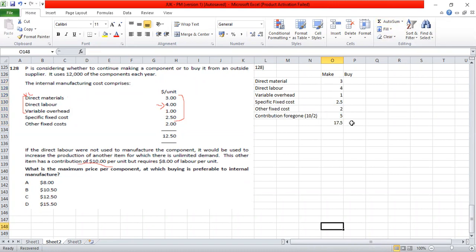The total cost is 17.5, what we got as cost of making is 17.5. Let's say if it is purchased from the outside supplier, in that case out of all these costs there is one cost which will be incurred, that is other fixed cost will be incurred. So the relevant cost plus the opportunity cost is 17.5 minus 2, which is 15.5. So for the decision making,